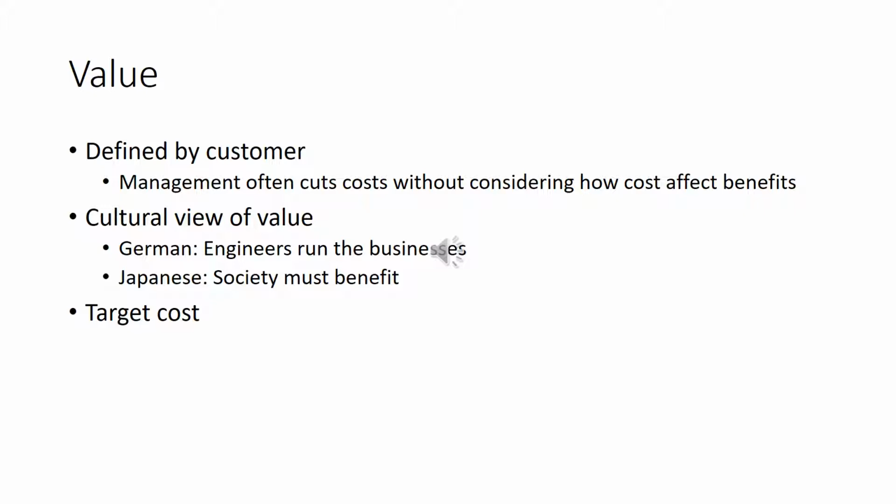There's a thing called the Taguchi loss function. I'm not going to go over it here, but take a look at it and see if it makes sense. Target cost. What you do is it's good old economics. Supply versus demand. You look at what your competitors are selling the same product, or similar products for. We take that price, subtract out all the muda, and that should be your target cost.